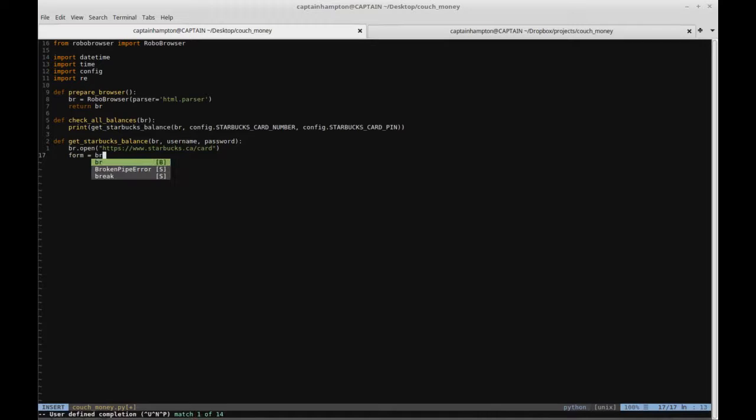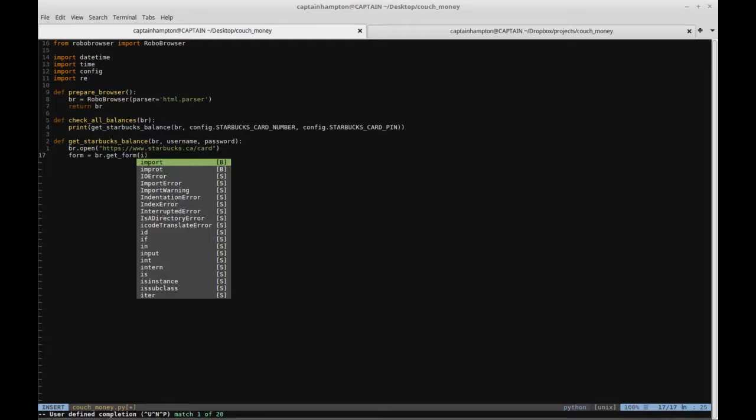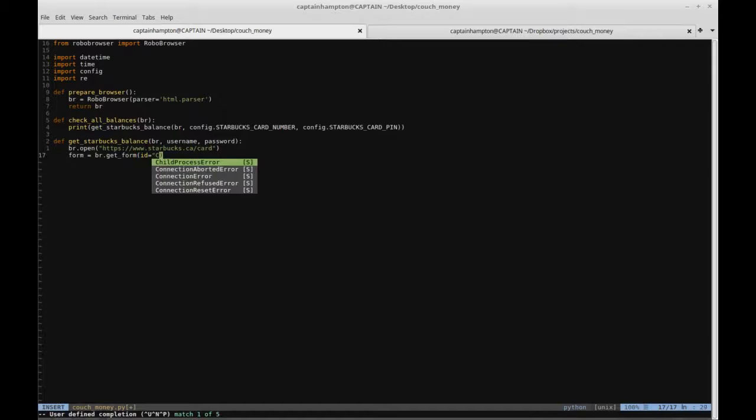And let's say this form variable is equal to br.getForm, and we want to specify the form that we want to get is the one with ID check balance. So we've specified that form, and now what we want to do is manipulate the fields in the form. So what I'm going to do is say form of card.number